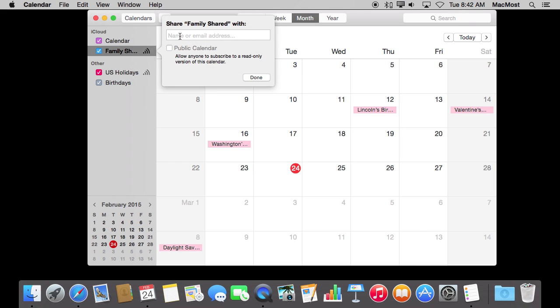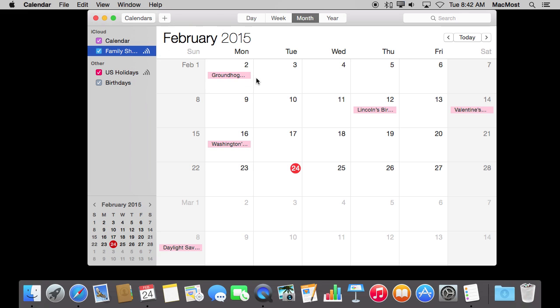So here you can add the name or email address. The name would come from your contacts. So you can use the email address to make it simpler, of anybody that's got an iCloud account. And then add them all in here and they'll all then be subscribed to this calendar. And they can not only view it, but they can add events as well. This allows a family to put all their different events on there and everybody can view this one calendar then,